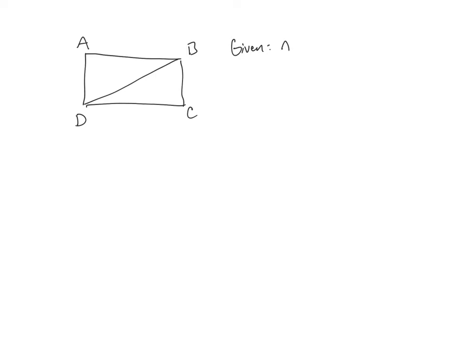So let's look at a proof. So if we were given AB is congruent to CD, and let's say AB is parallel to DC, prove triangle ABC is congruent to triangle CDB. Okay, so